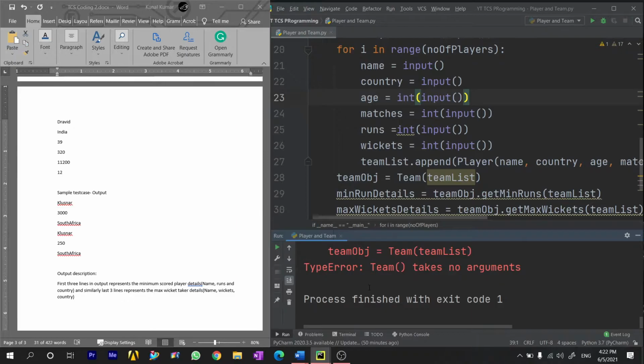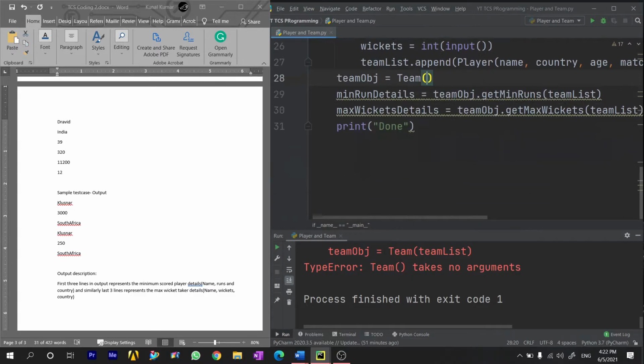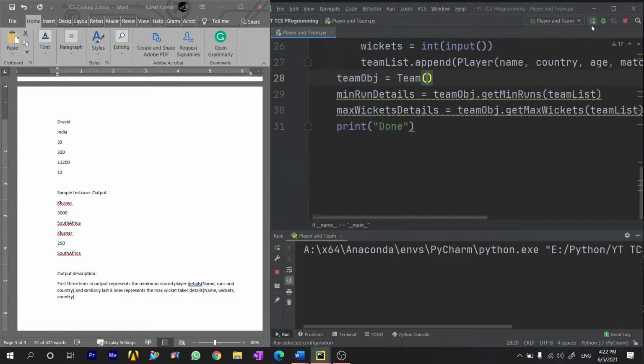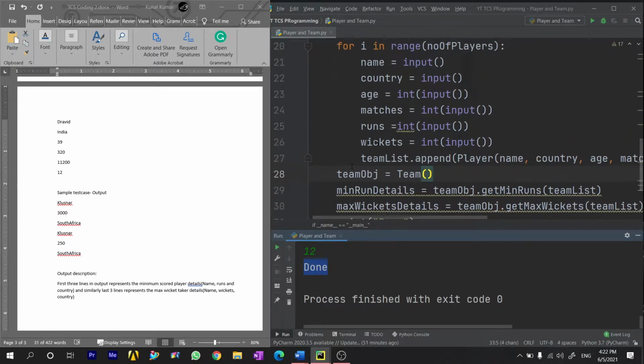Okay, so I think here I do not need to give this because we do not have any constructor for this class team. So this class team would not take any objects. Let's check again. Again, I'm pasting this. Okay, so now we are getting this as done. This means that our code is fine till here.